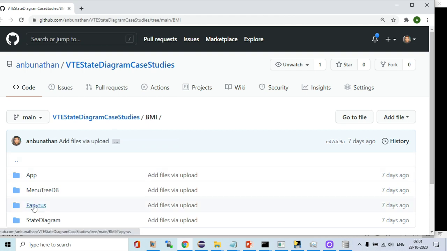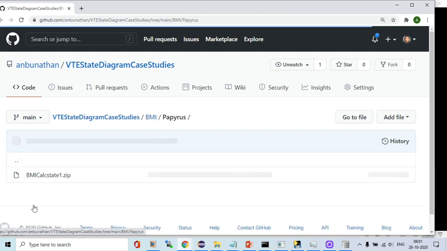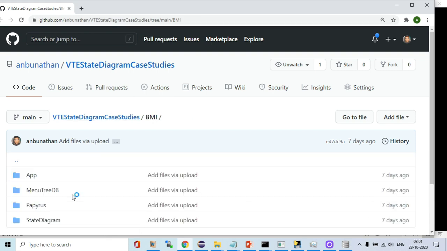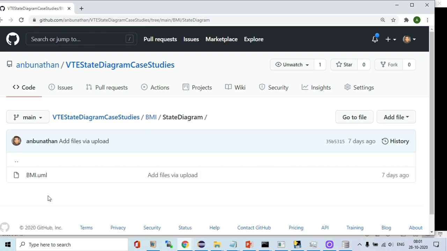Then Papyrus. This is the Papyrus tool in the Eclipse. We can use this tool to make the diagrams. You can unzip and see the Papyrus project. Finally you can get this UML file, which is a state diagram basically.